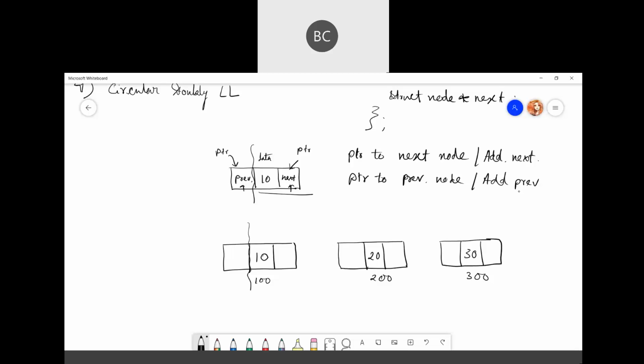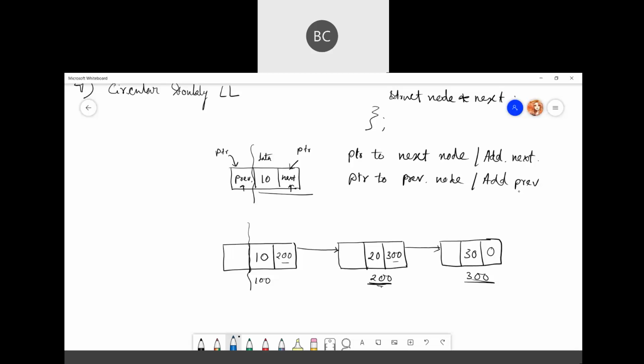If this is the address of the second node, it will point to the second node and hold its address, 200. Next, the second node will hold the address of the third node, which is 300. And the last node's next pointer will always be 0, which is null.